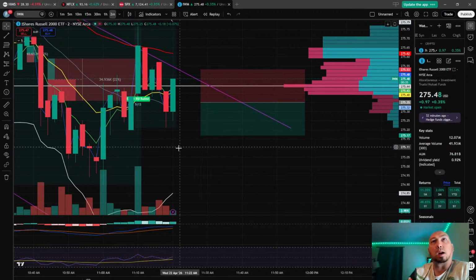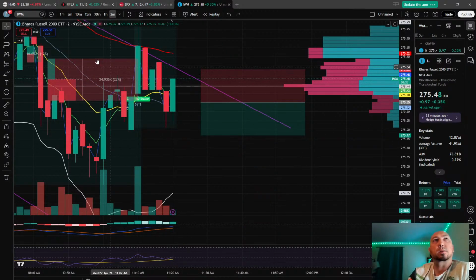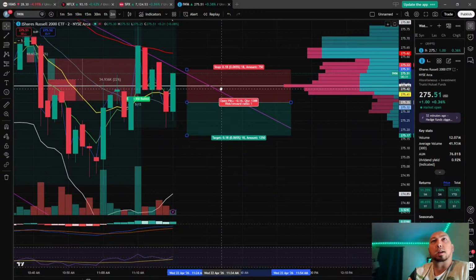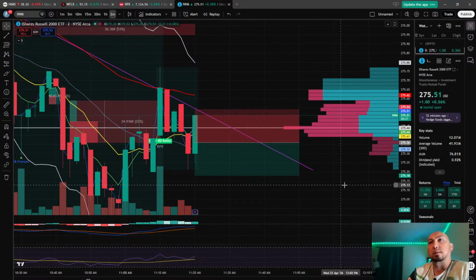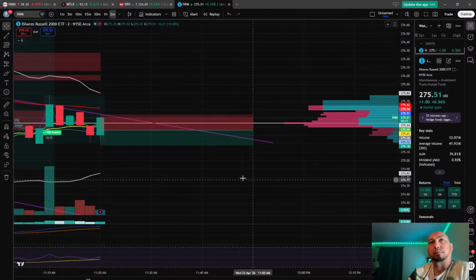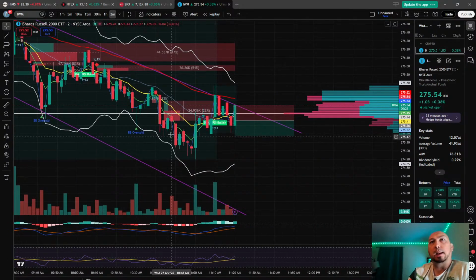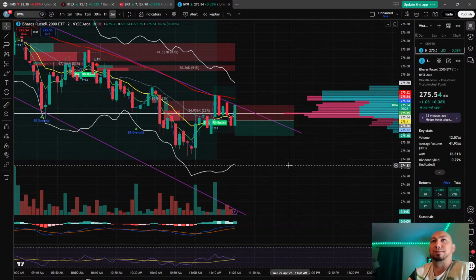It's still within the line, so let's give it a second. I'll jump out if it gets to the top of the line right there. Oops, I didn't like how it chopped sideways there. Oh, we're about to be there.